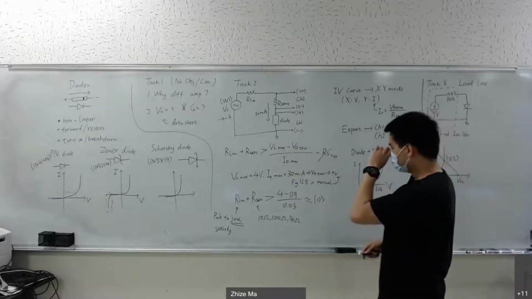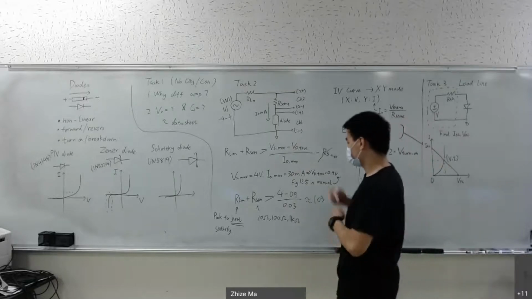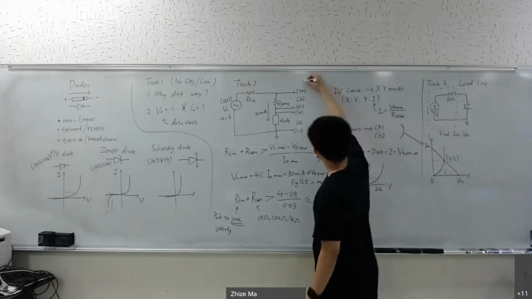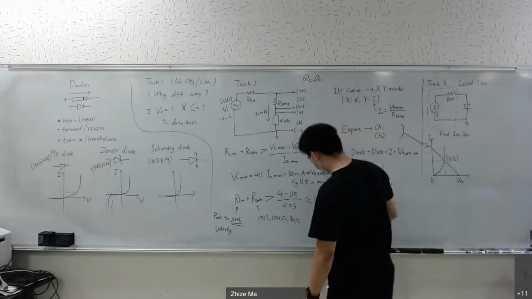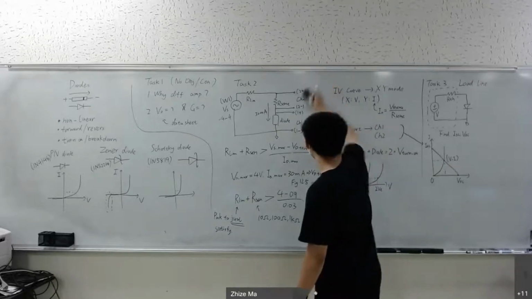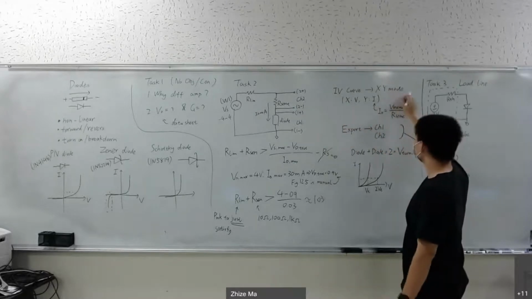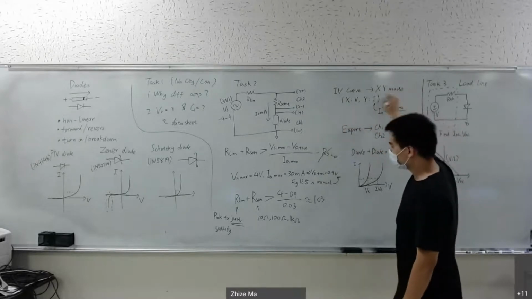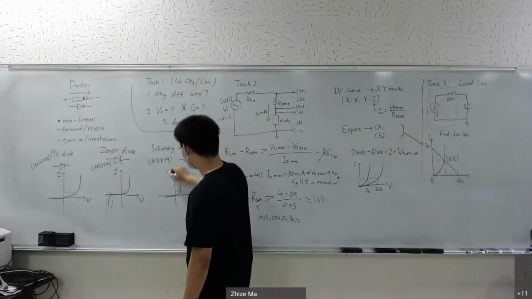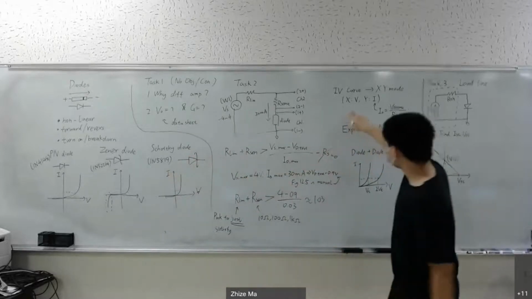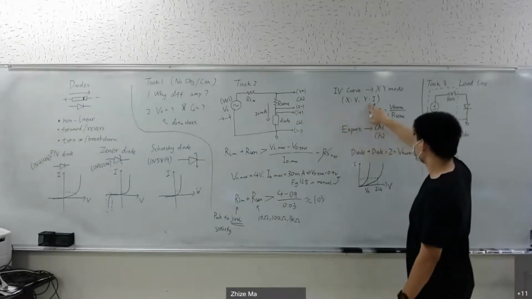so after you do that, you should be able to see some plot for x and y, maybe something like this. Some weird plot, but you can use that plot to get the IV curve. So you will use XY mode to get the IV curve. Remember the x-axis is the voltage and the y-axis is the current. So you want to make sure your x-axis is the voltage across this diode, and the y-axis is the current across